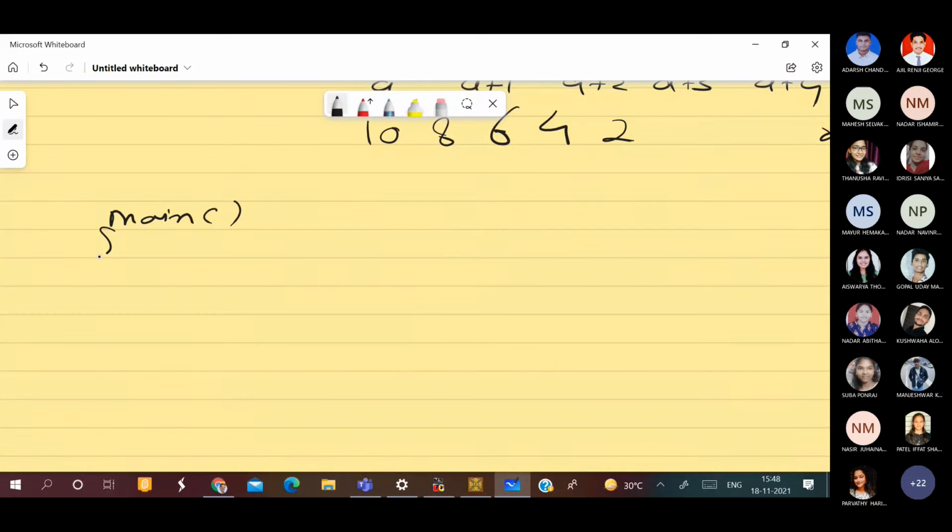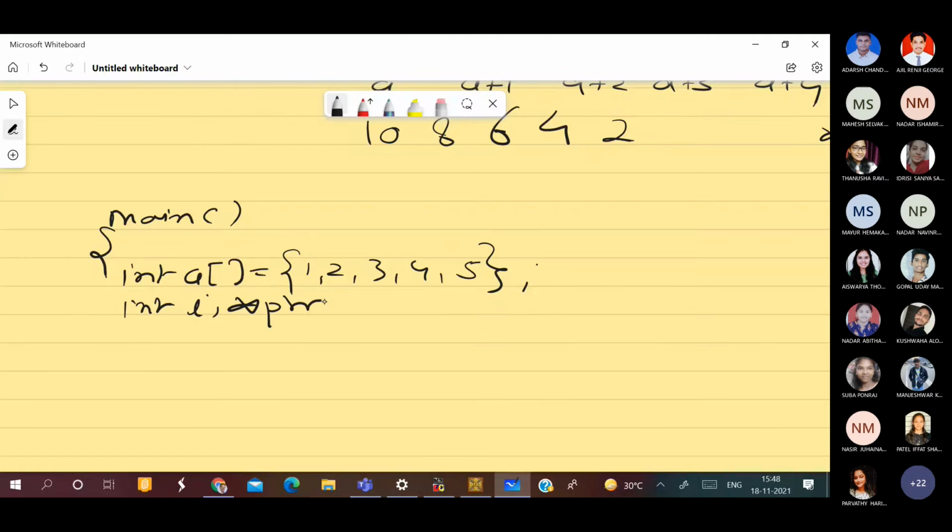Main, integer a is again the same values, maybe 1, 2, 3, 4 and 5 suppose, and then integer i, star ptr.